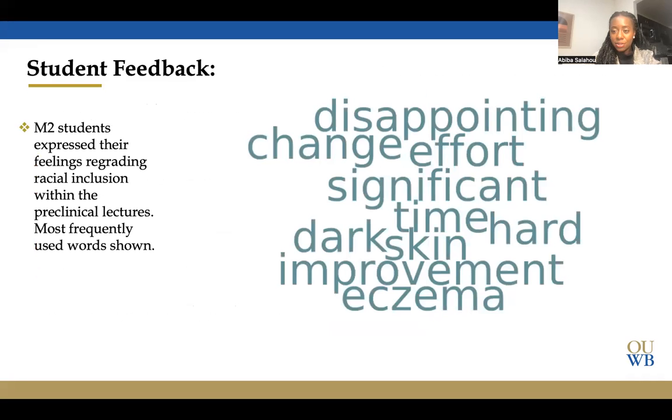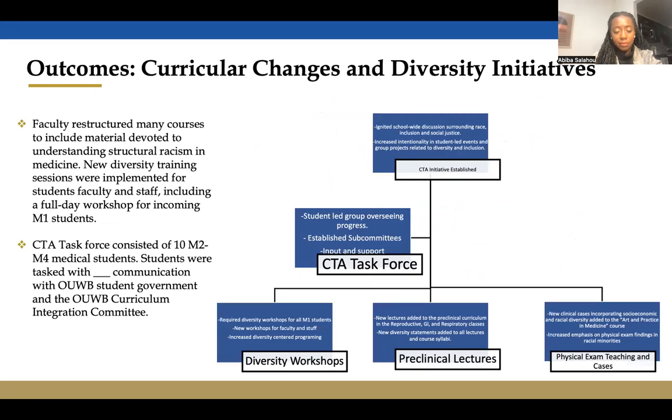We also asked the students to provide open-ended feedback regarding their feelings towards racial inclusion within their school's curriculum. The most used words that students included within their feedback were disappointing, significant improvement, eczema, dark skin. For further outcomes,